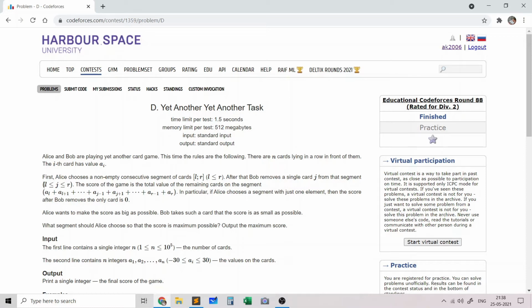So he will choose some j between l and r and he will remove that card. And the score of the game will be equal to the sum of the remaining elements in that subsegment except for A_j. So Alice wants to choose a segment in which the score is maximum possible.